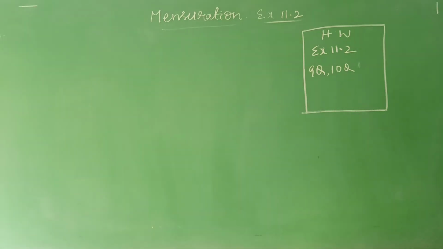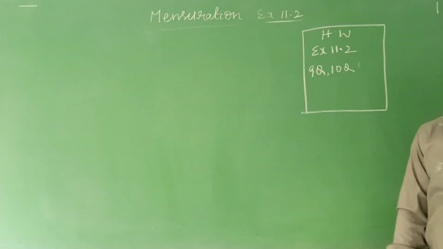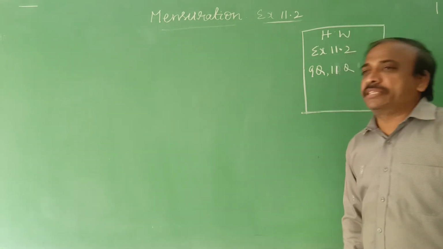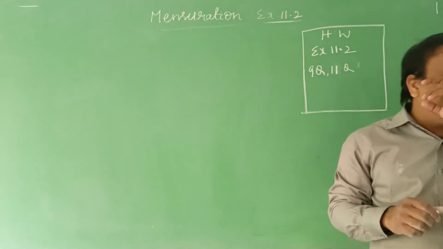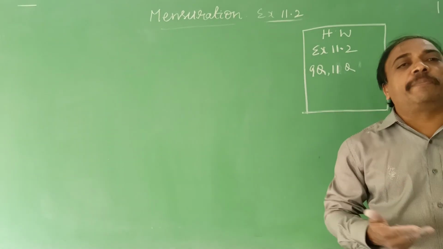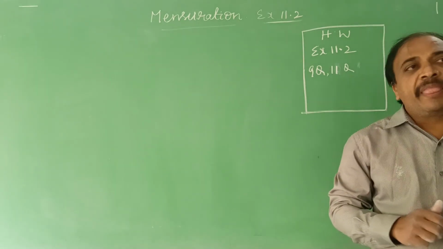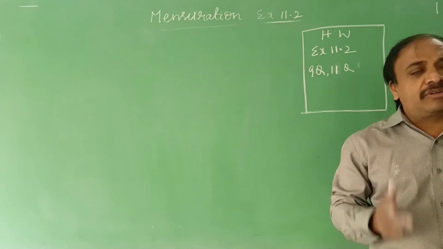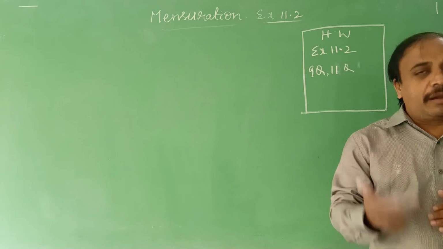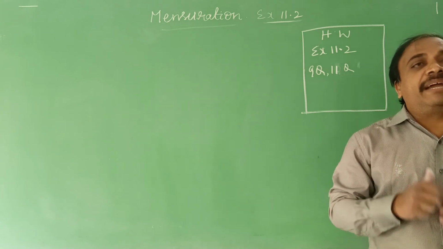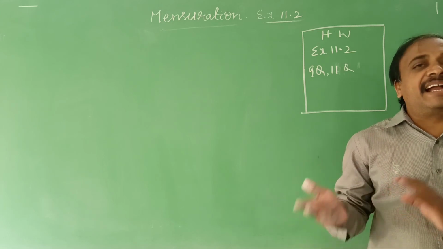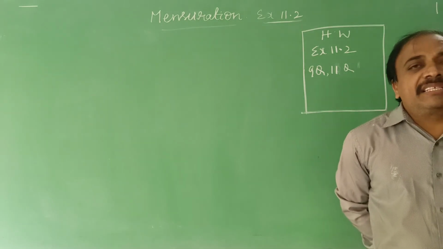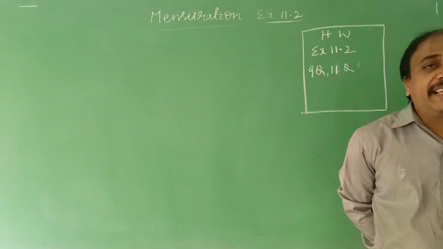And here we have some homework questions from the same exercise, question number 9 and 11. Question number 9 and 11 you finish as homework. I hope you understood the application part. When area is given, how to find its side. When diagonals are given, how to find its area. If the shape is in a different form, like octagonal shape or pentagonal shape, how to calculate its area by dividing the given figure into rectangles or triangles or squares. Is it clear?